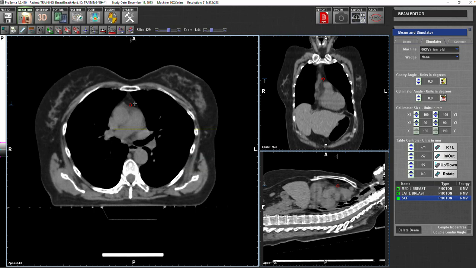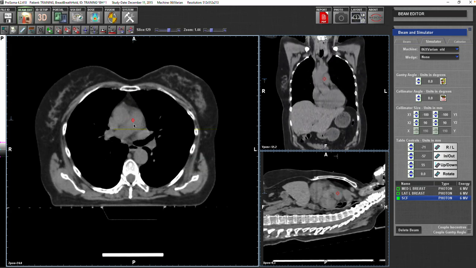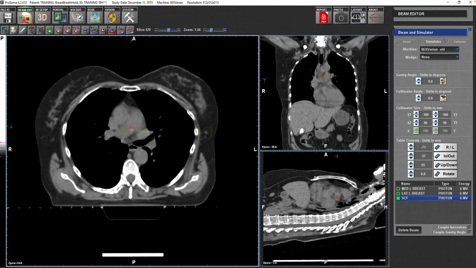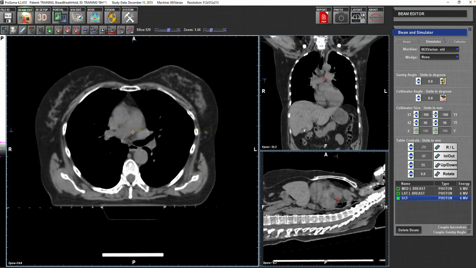Or you can still use it for planning, but you may need some modification, because somebody asked me that when he tried this method, he found that it's not very accurate when you draw it step by step and slide by slide, which is clearly the case. But I can reassure you that this method, what we are gonna do now, is so simple, so easy, so quick, and as a starter, you can use it to help you in improving your skills in target volume delineation for breast cancer